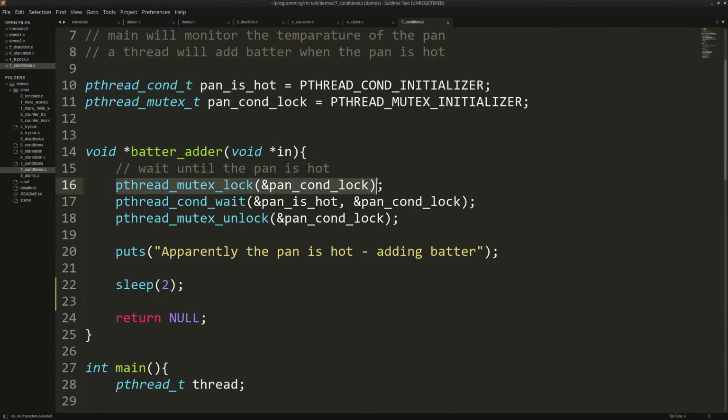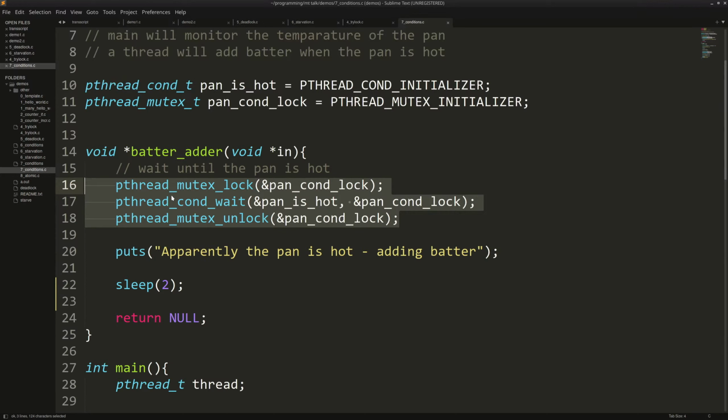We lock the condition lock, and then we have this special function here called pthread condition wait, and it requires pass by address, and then here we unlock it again. What this will do in effect is block until this condition is finally triggered, right?